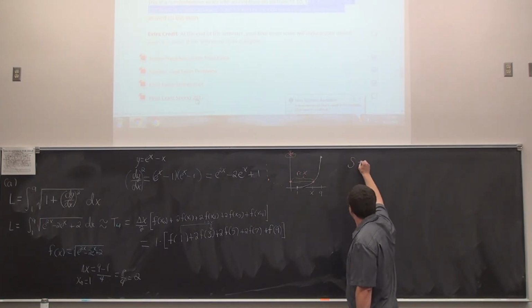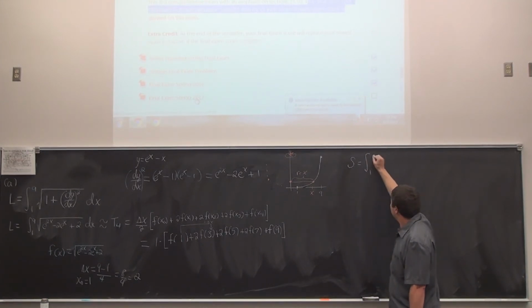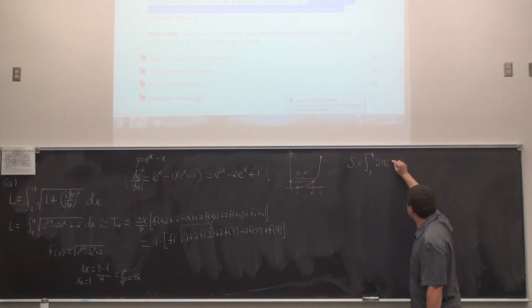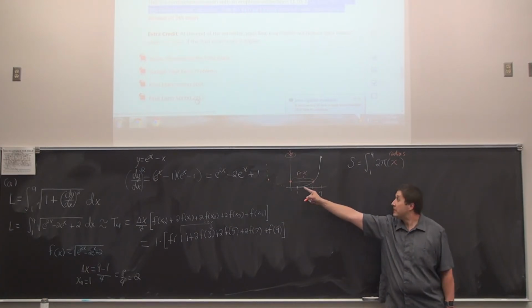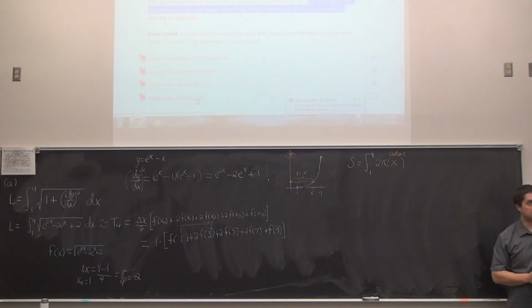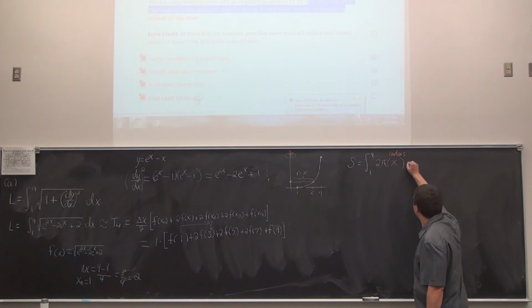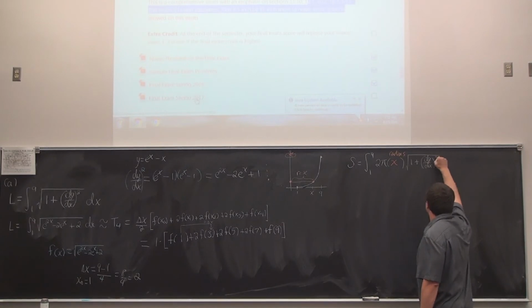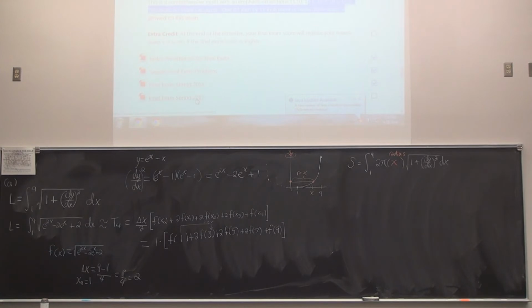We'll say that S for the surface area is now the definite integral from 1 to 9 of 2 pi times, we always throw the radius right here. But in this diagram, the radius was x. Whereas if we rotate about the other axis, the x-axis, this would have been a y, which we would have had to unsubstitute. Then it's going to be multiplied by the square root of 1 plus (dy/dx) squared dx. So that'd be the setup of that definite integral.